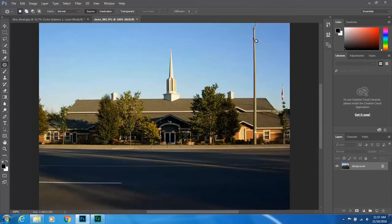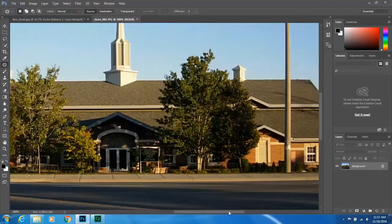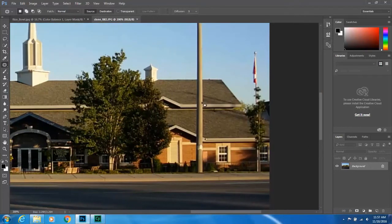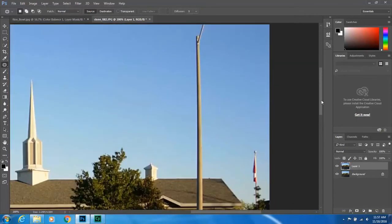And to do that, you will probably want to use a combination of the tools I've taught you. So you'll want to use the patch tool probably for the sky, and then the clone stamp, or the patch tool again for these more detailed areas in the roof and down on the walls of the building. Okay, I'm going to Control J, and if you would like to do it on your own, you can just pause this video, but I'm going to go ahead and show you how I would make this